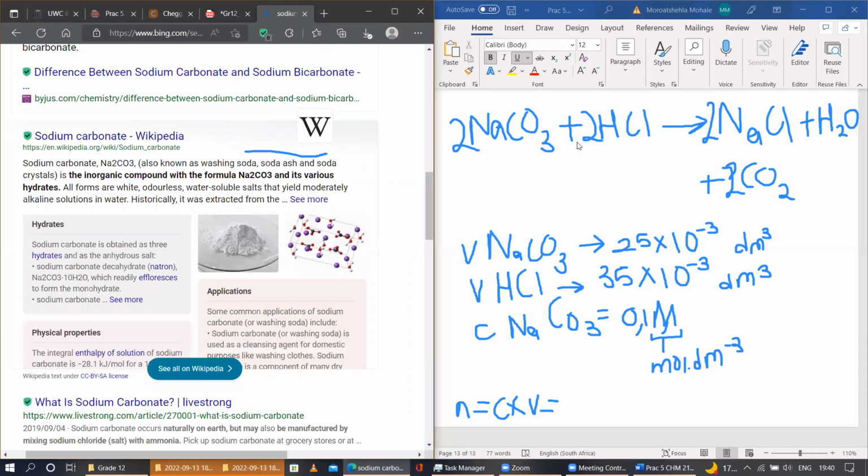So sodium carbonate is Na2CO3. So that means I'm gonna have to erase that and this. So I'm gonna put it